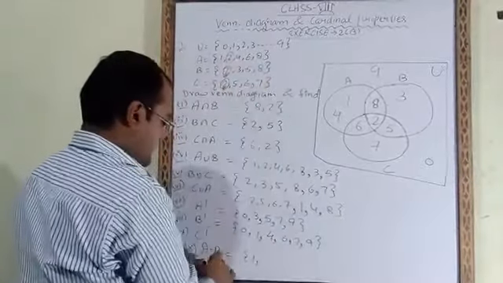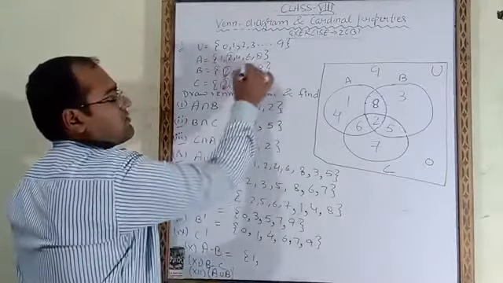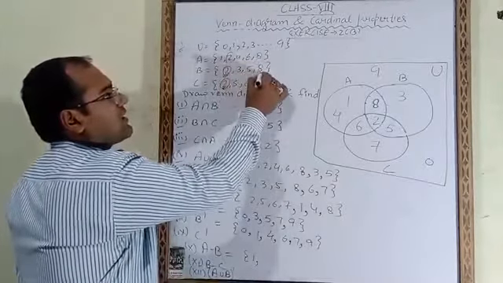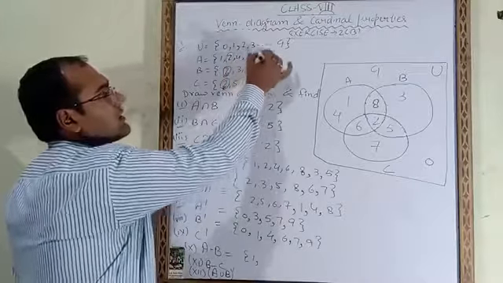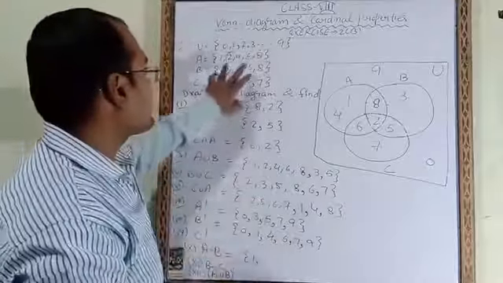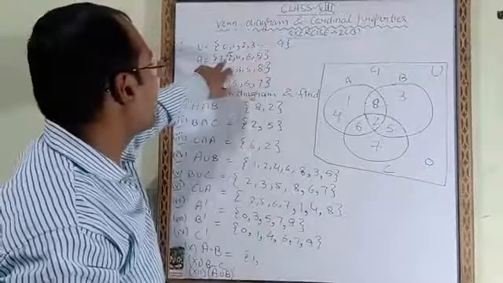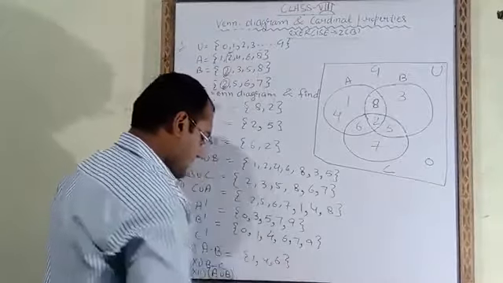This is A minus B. A minus B means from A elements we have to remove 2, 3, 5 and 8. 2 we will remove. 3 is not there. 5 is not there. 8 is there. So these two, 8 and 2, we have to remove. So what are the remaining elements? If we leave these two, 1, 4 and 6 are remaining. So we will write here 1, 4 and 6.